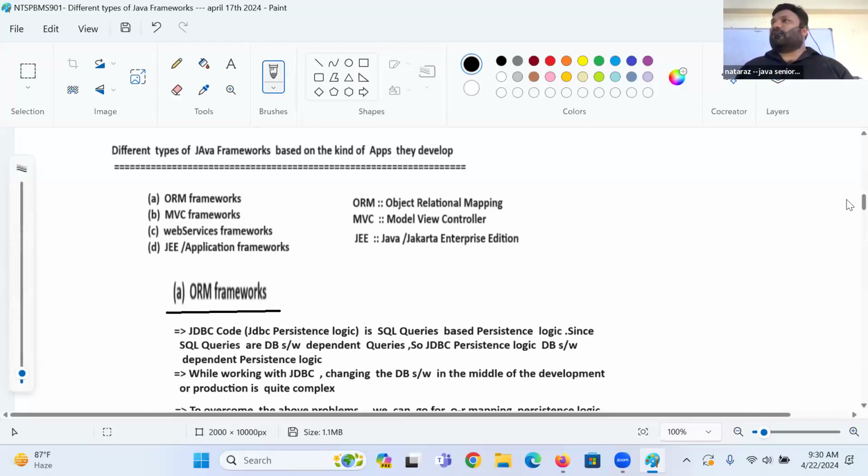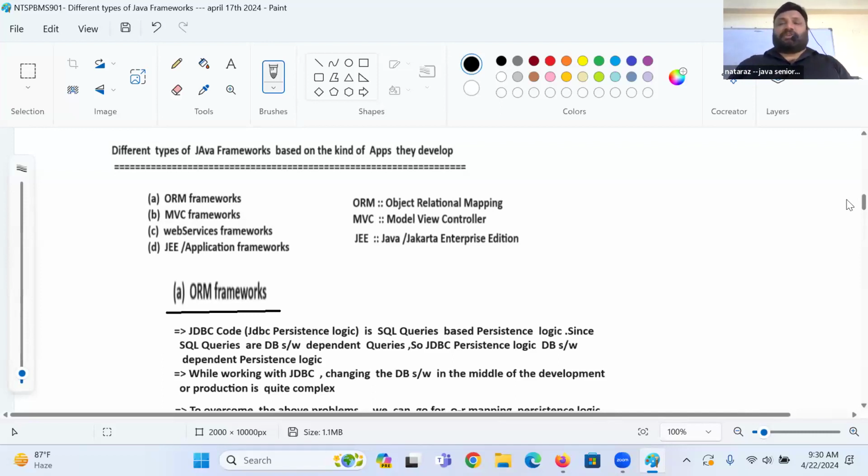Everything we can do on the objects, and objects are common in any database software. Will objects change from database to database? No. So that's why, can I say these objects based persistence logic is database software independent persistence logic, and this ORM mapping persistence logic is portable across multiple database software?